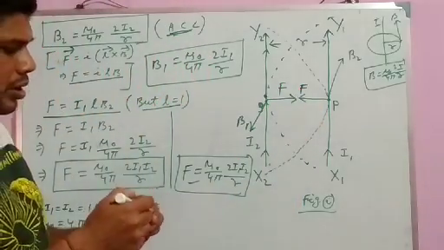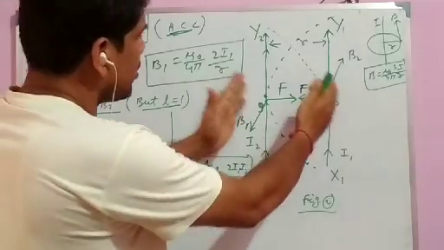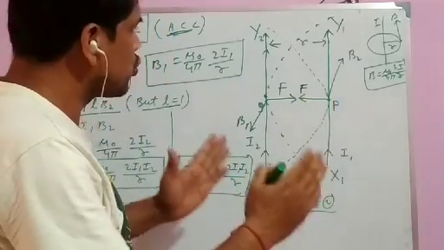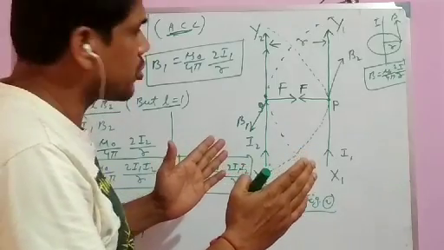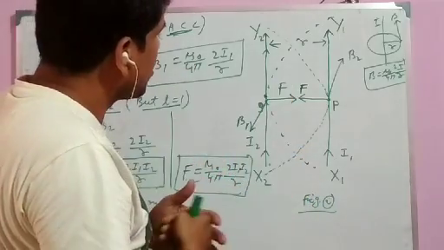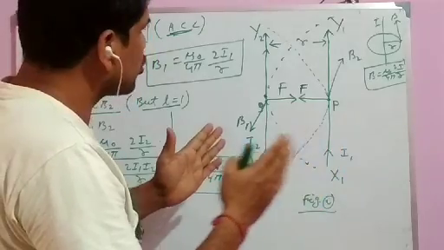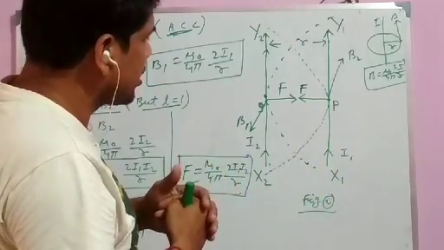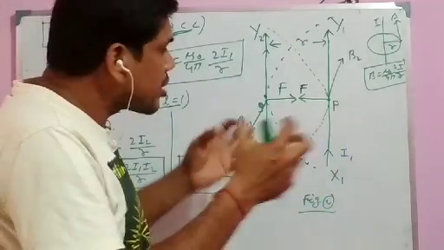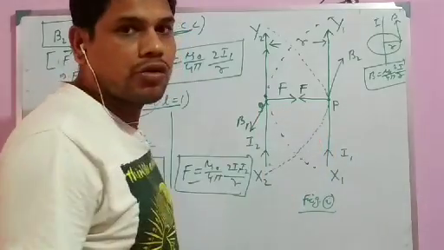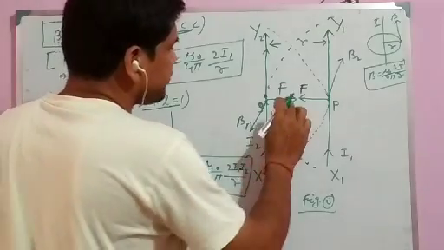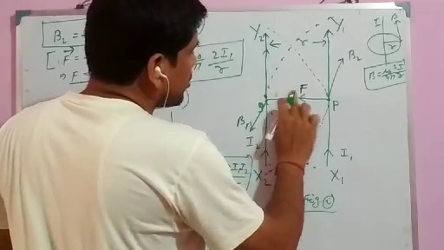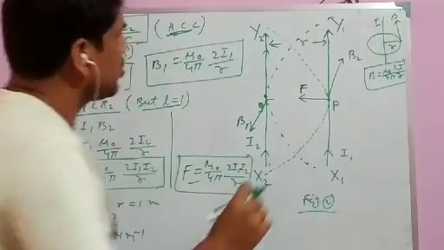So from this we can say that when two parallel, straight, infinitely long conductors carrying current are placed very close to each other at a distance r, they attract each other with this force, and the expression of this force is the same. I think it is clear to all of you.